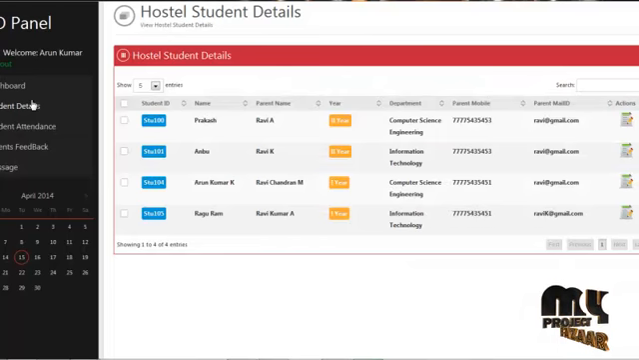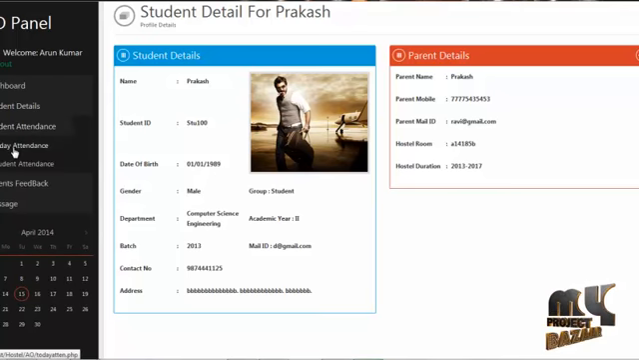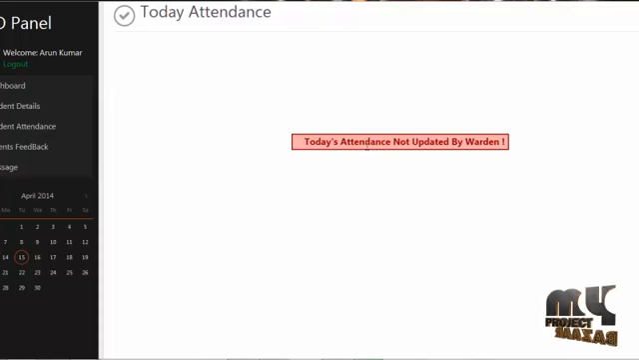By clicking on the student details, the AO can view all the students available in the hostel along with their profile details and their academic details. By clicking on the student's attendance, it has two choices. They can view today's attendance details or they can choose the date of the student's attendance. By clicking on today's attendance, it shows that the attendance is not updated by the admin. If the attendance has been updated by the admin on the current date, it shows the status of the attendance like